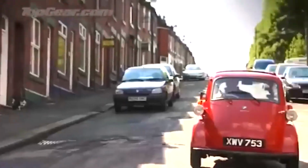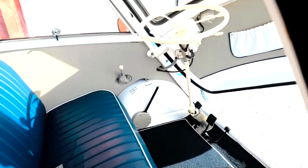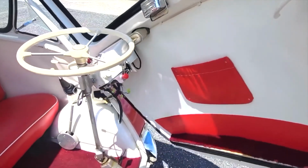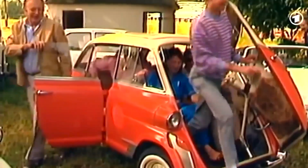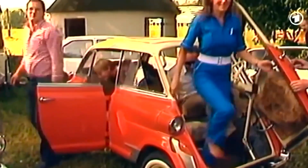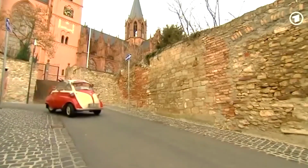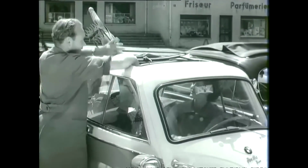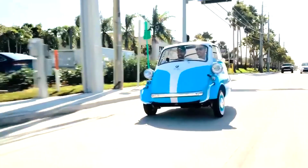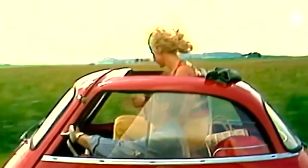But what truly set it apart was its front end, with the entire front end of the car hinged outwards to allow entry. The steering wheel and instrument panel swung out with the single door, simplifying access to the single bench seat. The seat provided reasonable comfort for 2 occupants and perhaps a small child. Behind the seat was a spacious parcel shelf with a spare wheel located below. In the event of an accident, the driver and passenger were expected to escape through the canvas sunroof, an unusual